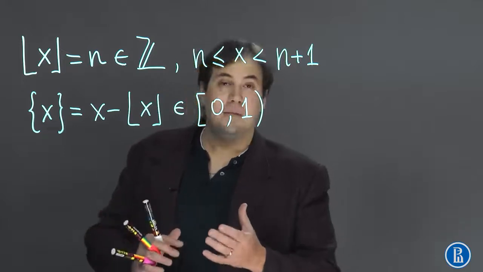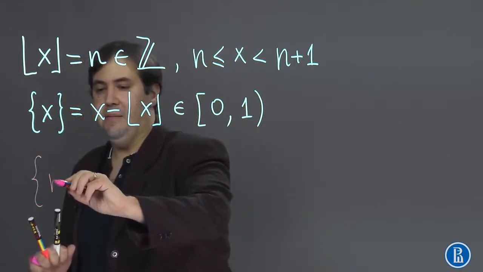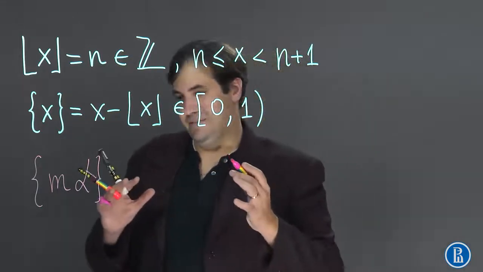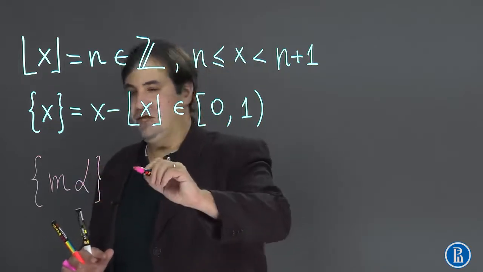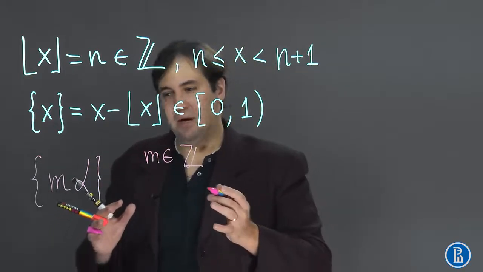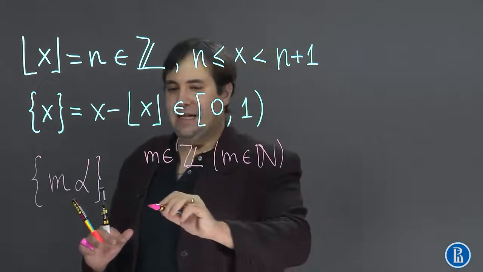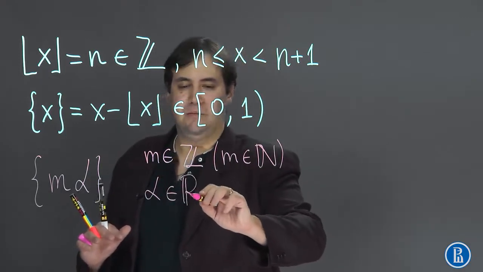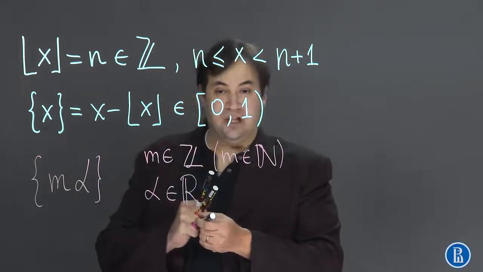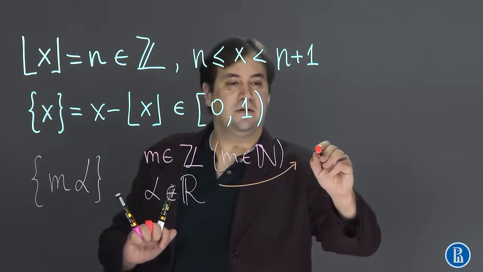Now let's talk about the fractional part of m alpha. Well, in other moments we can use different notations. Well, m is an integer, though most of the things we will state about the fractional part of n alpha will also hold for natural n, which means positive integer. And alpha is simply a real number, and there are two completely different situations: where alpha is rational and where alpha is irrational. So let's state it over here that we'll have two completely different types of behavior: